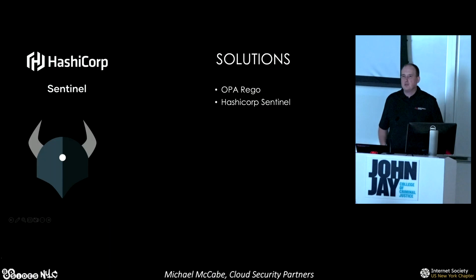I'm sure people have heard of OPA, Open Policy Agent. There's a language called Rego. If you want to break your brain, go read about disjunction in Rego. If anyone doesn't know about that, it's just crazy. But it's a standard open source language. You can write Rego to do a lot of different things besides just Terraform, but it does have Terraform support. HashiCorp also has their own tool. They give you the sickness and they sell you the medicine, right? So they have their own tool called Sentinel, which you can get as part of Terraform Cloud or Terraform Enterprise, which is somewhat similar to OPA and is meant for securing Terraform.